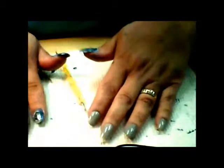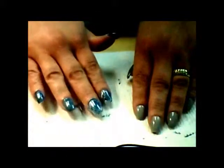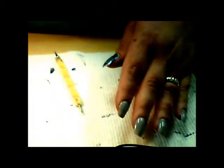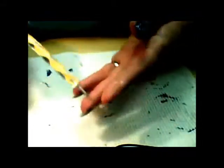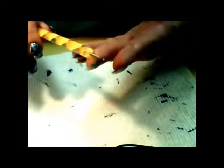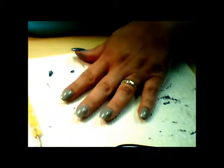And I can't lie, this is a little bit messy. It's not really difficult, but it does make a little bit of a mess because you have to use quite a bit of polish in order to be able to marble. And I'm also going to be using the dotting tool that has the marbling tip on it. So I start with the Zoya in Noel